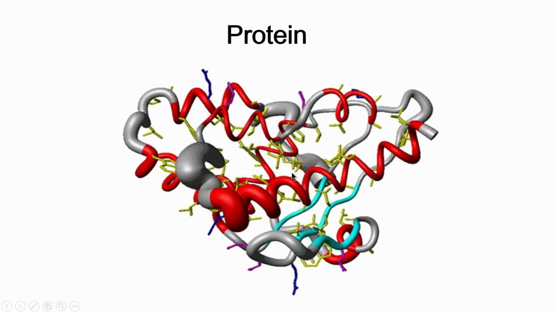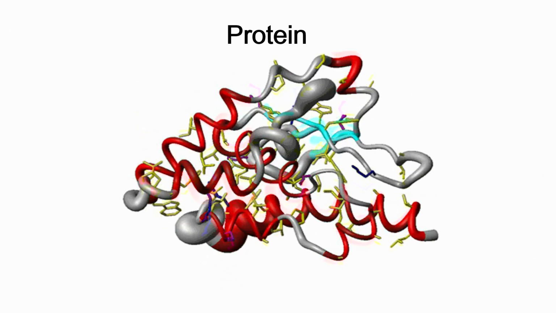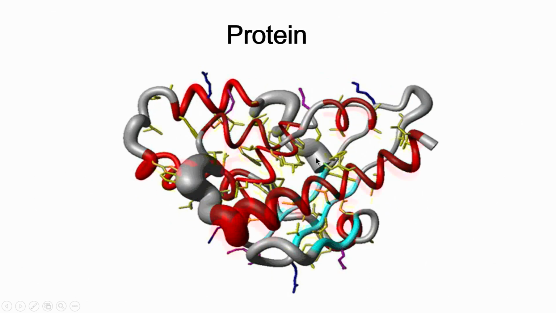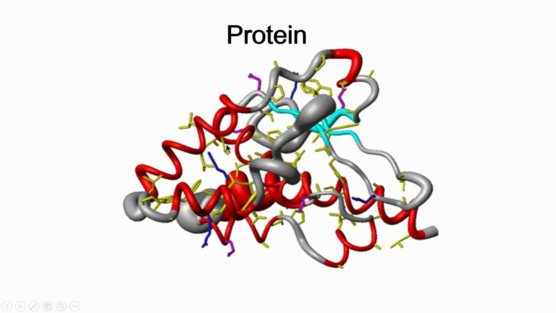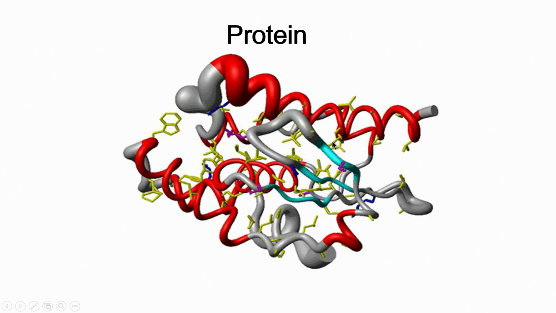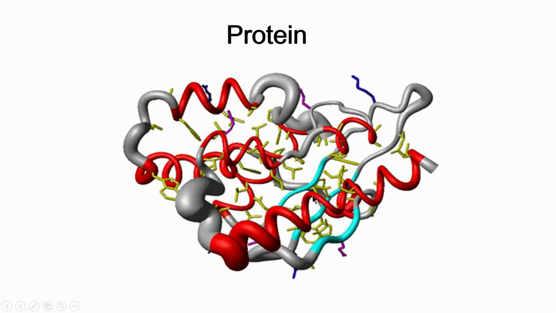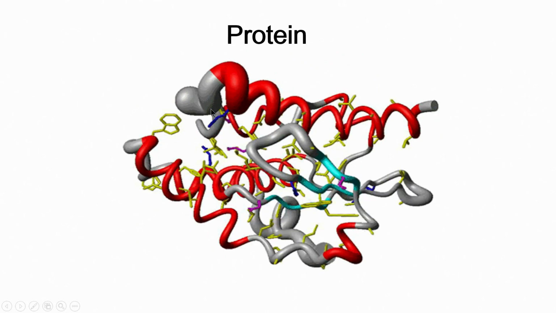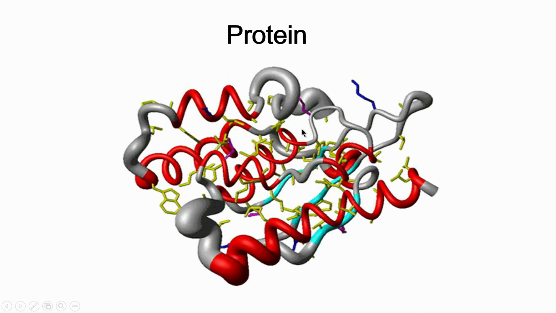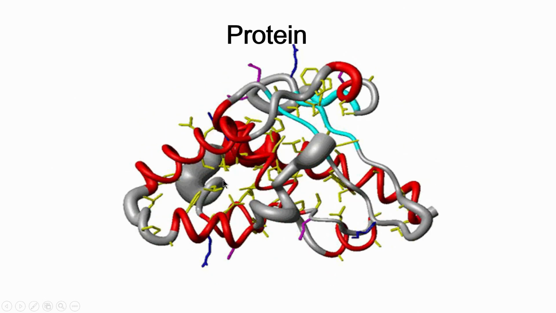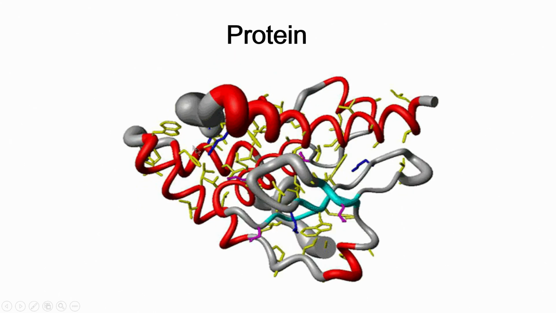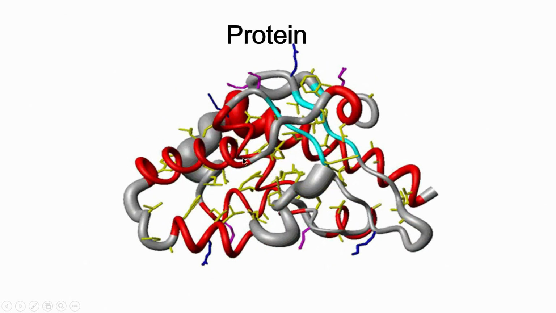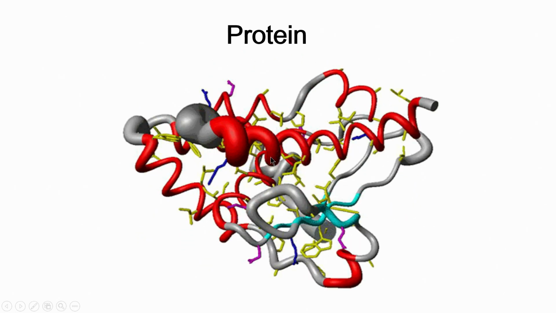So, this is a schematic again of some protein, which is shown in an animated mode. You can see here the red color turns are the helices, alpha helix, and the light blue cyan color things are the beta strands or beta sheets, and the gray color are the loops, and you can see several side chains of amino acids shown in yellow. This is the stick model of amino acids. So, for example, this you can see here is an aromatic amino acid, hydrophobic, hydrophilic, and so on.